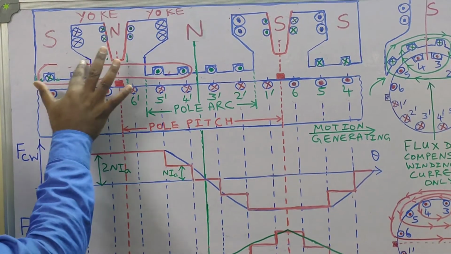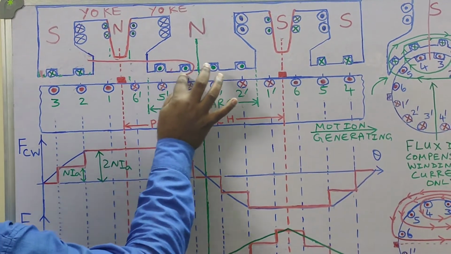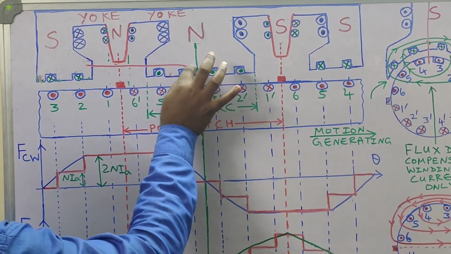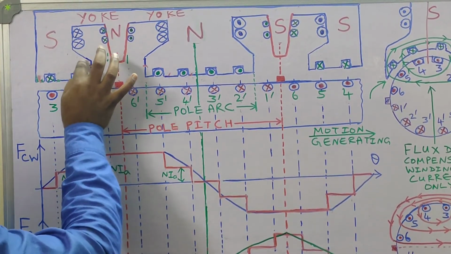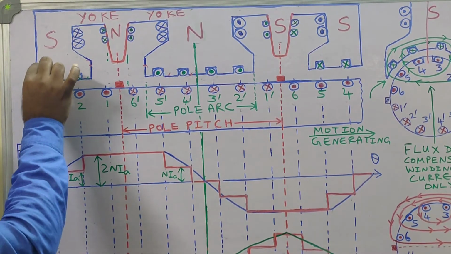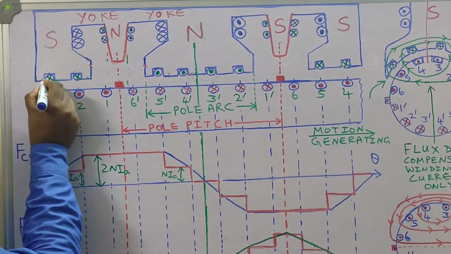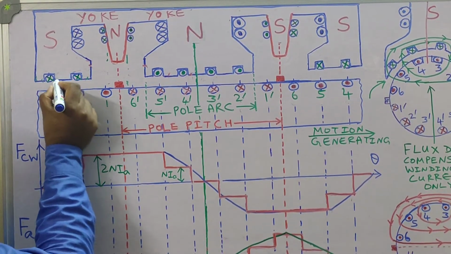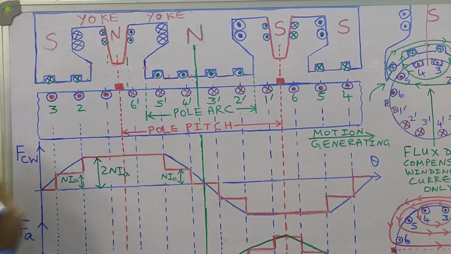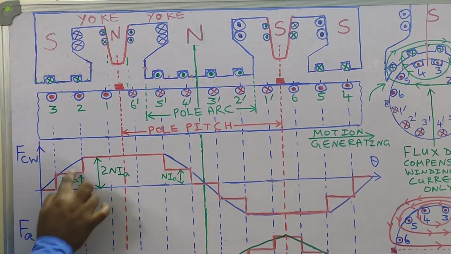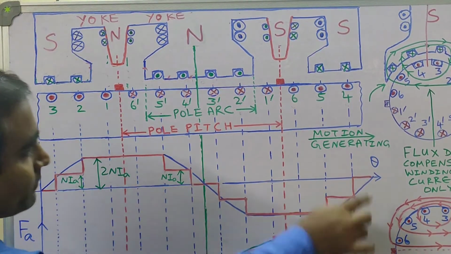Now, in the same way, you go on applying Ampere's circuital law. That means you go on choosing a closed path, and that closed path will go on enclosing more and more conductors. What you have to look out for is the net current enclosed, whether the net current enclosed is negative, positive or 0. Of course, in this particular example, we have taken cross current to be positive and dot current to be negative. You go by that convention, and you will find that the MMF variation for the compensating winding is like this.